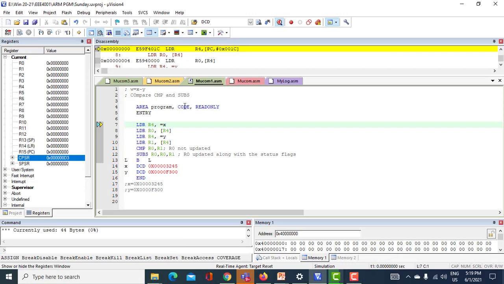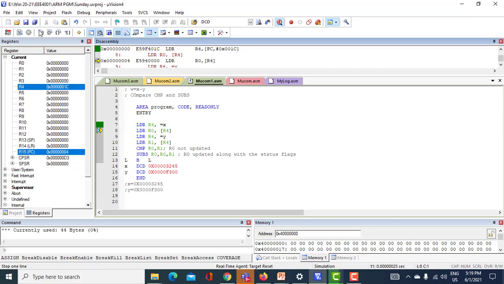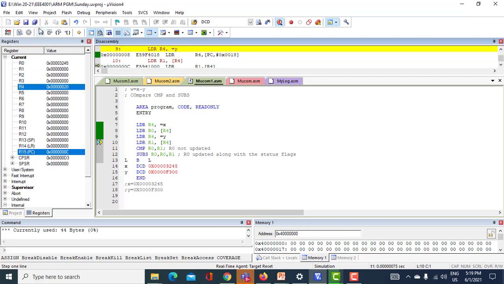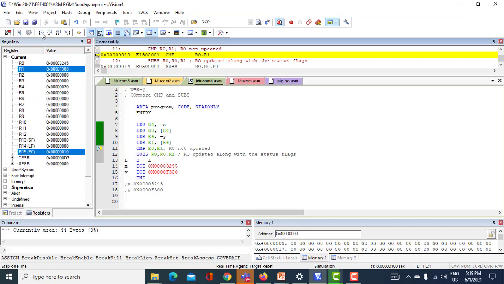So I have already written the same program here. Let us go ahead with the line by line execution. First get the address of X in R4 and then take the content of X, that is 3245, it is updated here, and then get Y, it is F300. First compare.